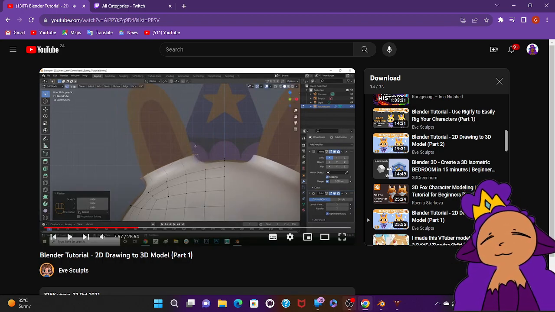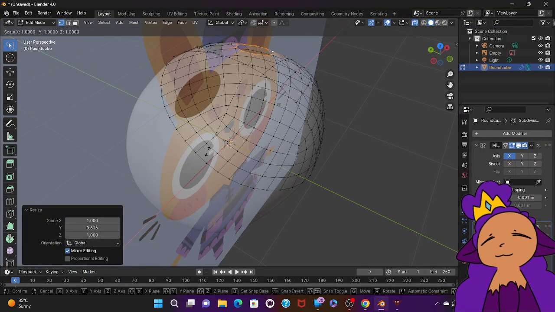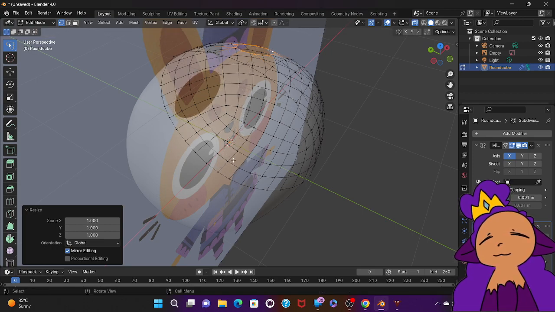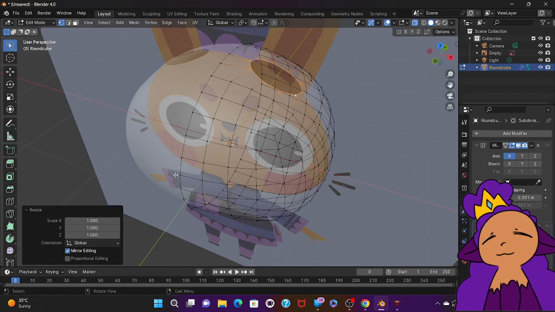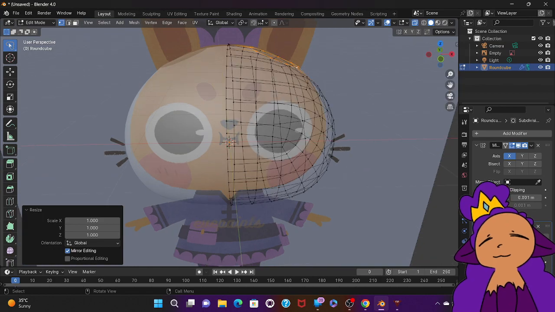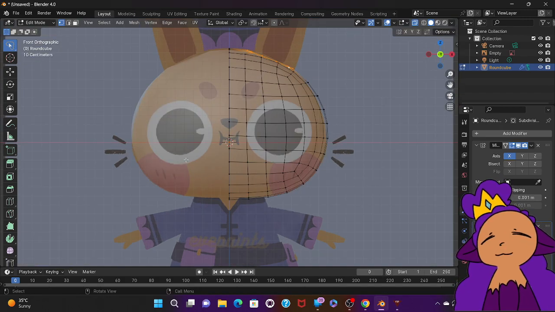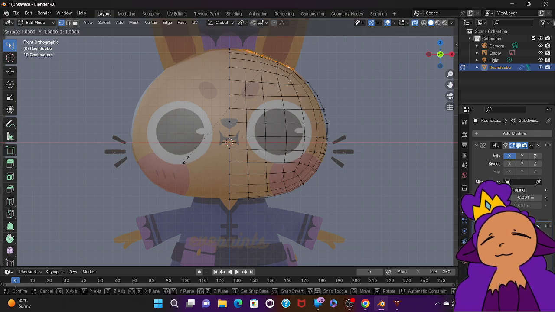Okay. So scale. Wait, control one, and then